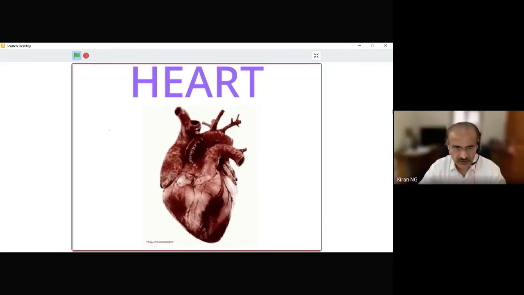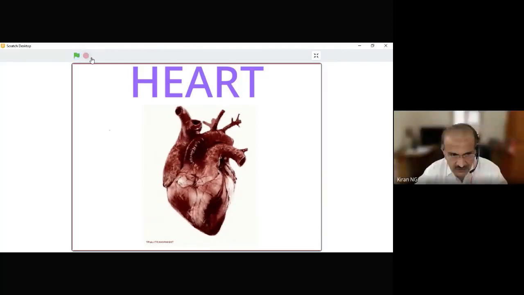Yeah, just pause it. In fact, you can even start your narration while it is rotating. That's the power of Scratch, right? As soon as you click the green button, you can start your narration also. So it will look really cool. That means you are technically creating full-fledged multimedia learning content. Yes, sir.